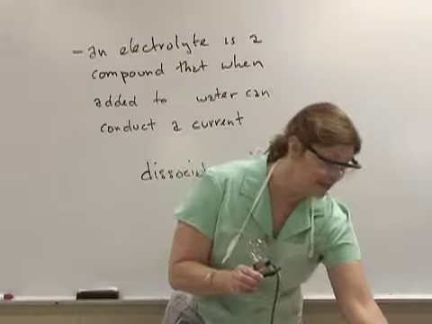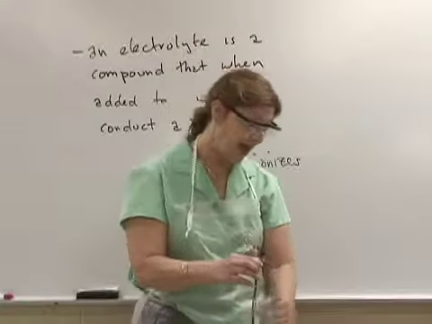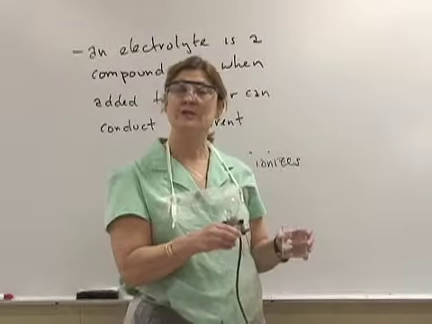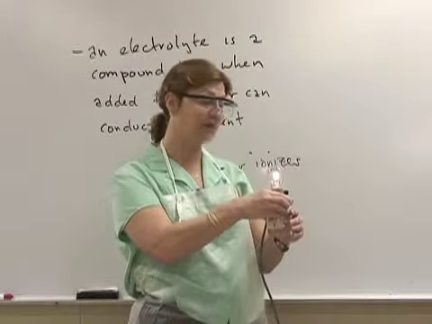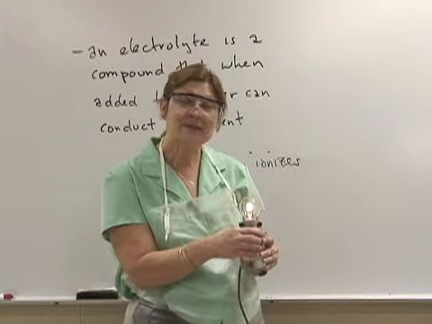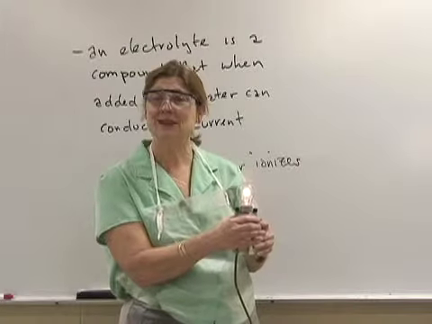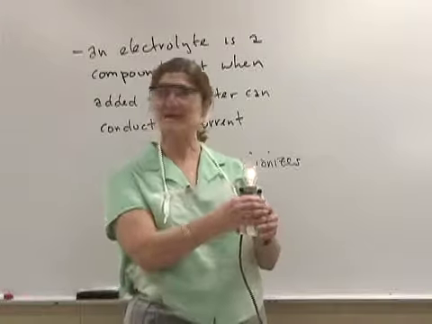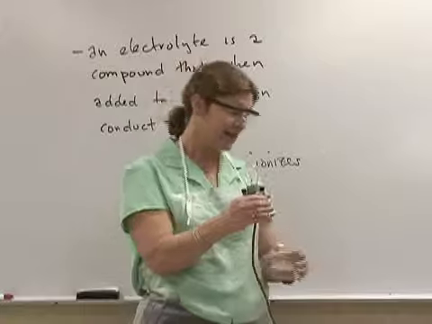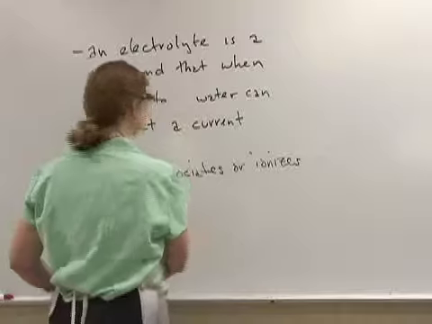Then I will rinse my electrodes in my distilled water, and I will now put them into acetic acid, which is vinegar. And notice that the light bulb is very dim. It doesn't have as many ions, so it can't conduct as much electricity. It's very weak. It's a weak electrolyte. And there you have it. It's not one of my 7 strong acids. It's a weak acid. My 7 strong acids are